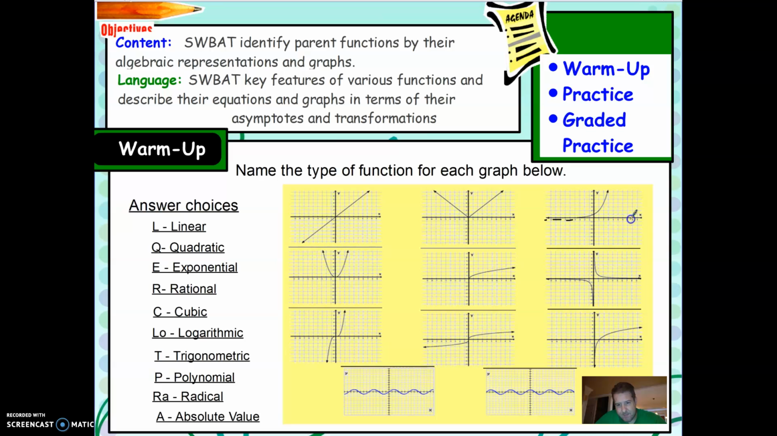Remember, logarithmics have a vertical asymptote. This is quadratic. You can tell by the parabola type shape. This is a square root function, which is, I believe, labeled over here as a radical function. It's square root, and I know that because of the way it looks, whereas cubic root, and I'm going to